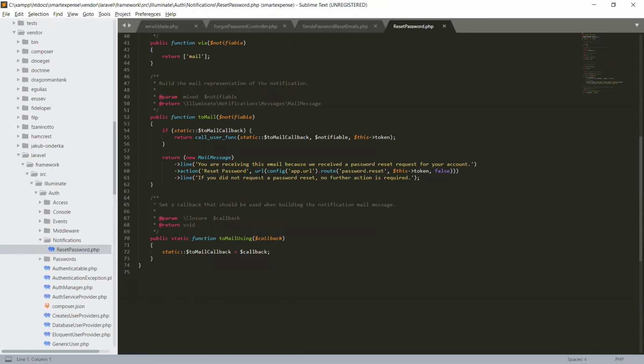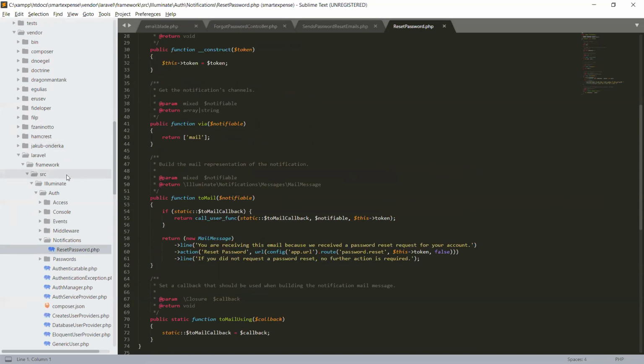So it will get the URL from the config file, app.url, the URL that you have set in your app config. So it will access it, and the route will be password reset. And when we get the password reset link, we will enter our new password and submit it, and it will take you to your dashboard. Okay. This URL, what is this app.url? We can find it in our config.